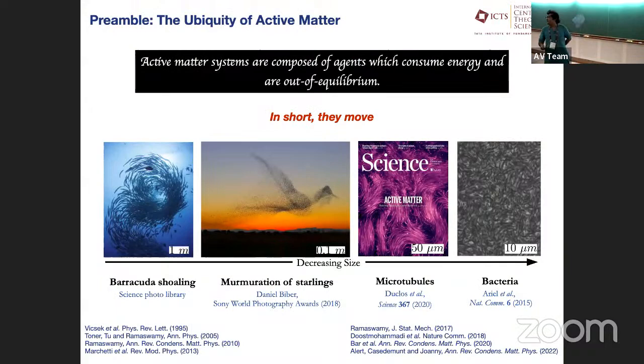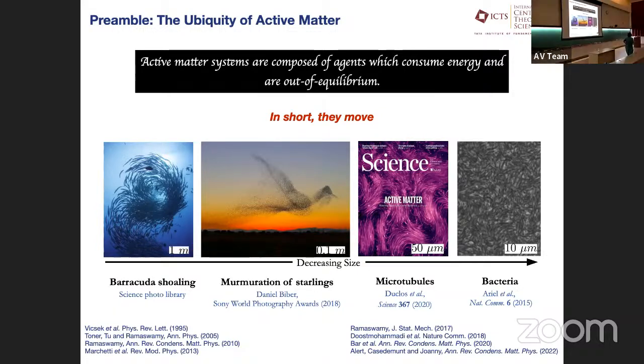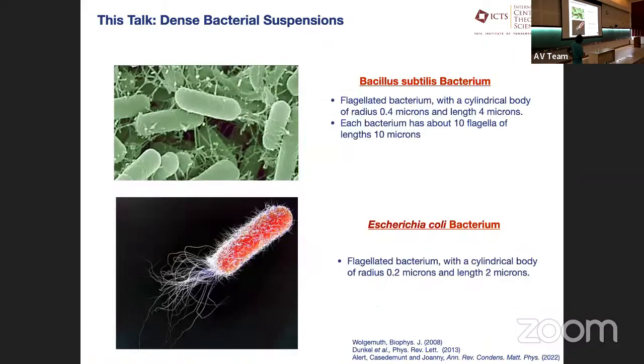As all of you know, over the last 10 days, and this is just for the sake of completeness, for someone like me, active matter is ubiquitous. And more importantly, for me, active matter is all matter that moves. They're out of equilibrium, and they're composed of agents which consume energy and move. It spans across several length scales. Those of you who will be here next week will hear much more about some of the names or ideas I'm going to talk about from the experts next week.